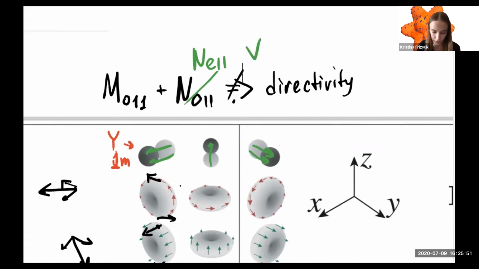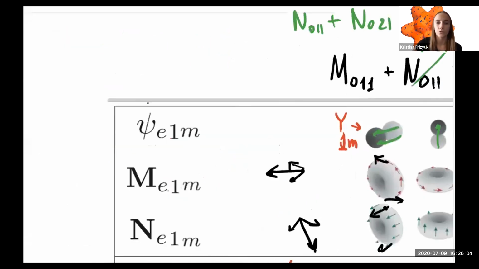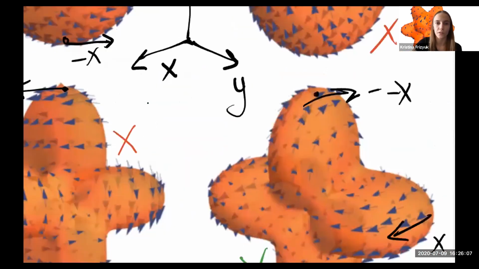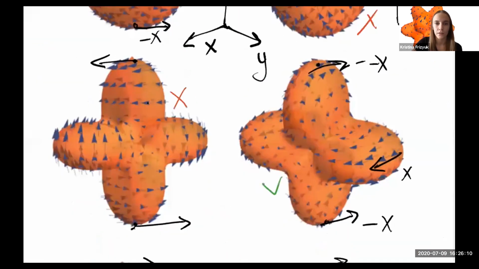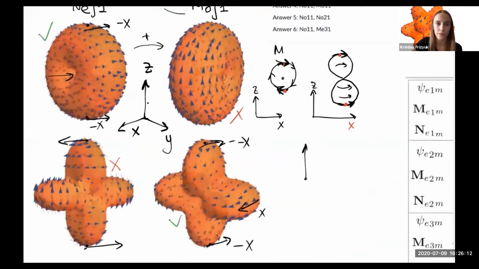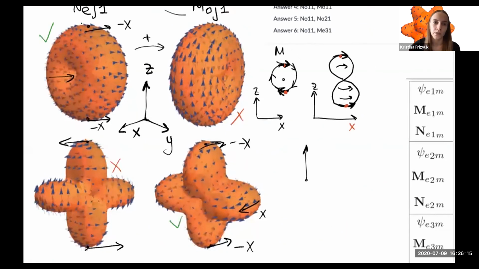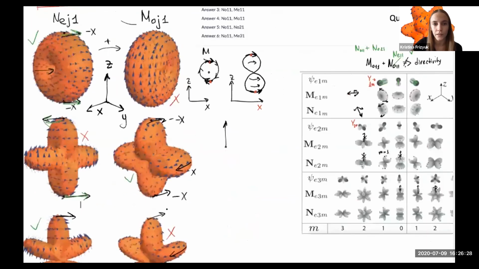And the next question is, these guys give some contribution to directivity because, as I have shown, here we have arrows in a similar direction, and here they are in opposite. And the last option is,